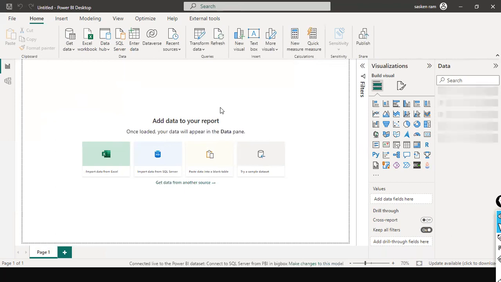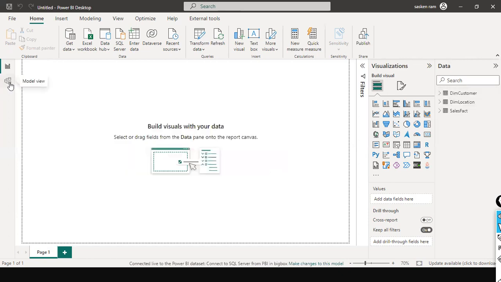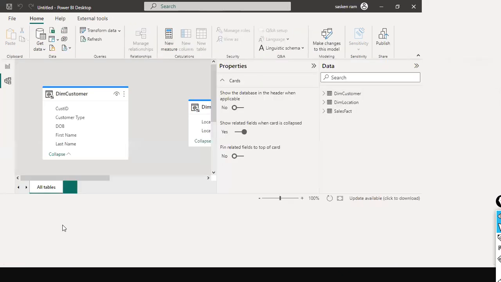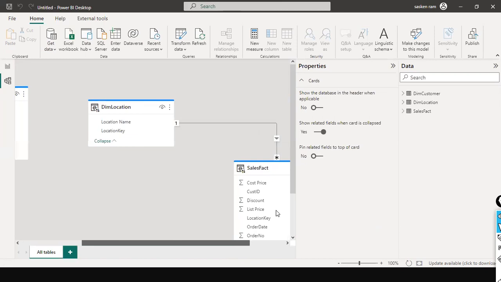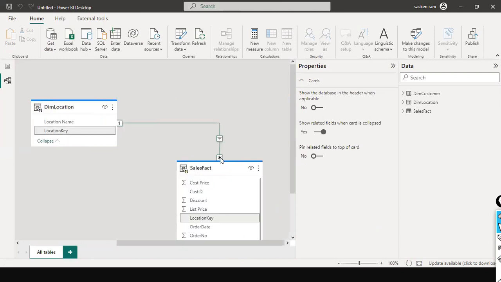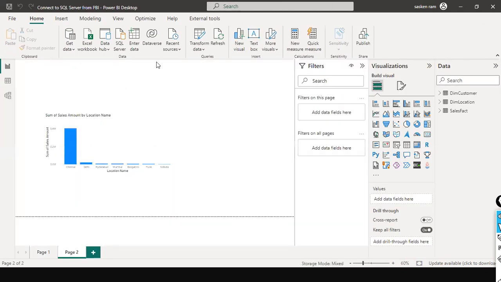Once it gets loaded, you will not be able to see the data view. You will not see the data view icon itself. You cannot see the data because of security reasons. You can view only the data model. That is for you to understand the relationships between the tables, but you cannot drop or modify the relationships between the tables. One more thing, if you notice, in this report file that I created as your team architect,